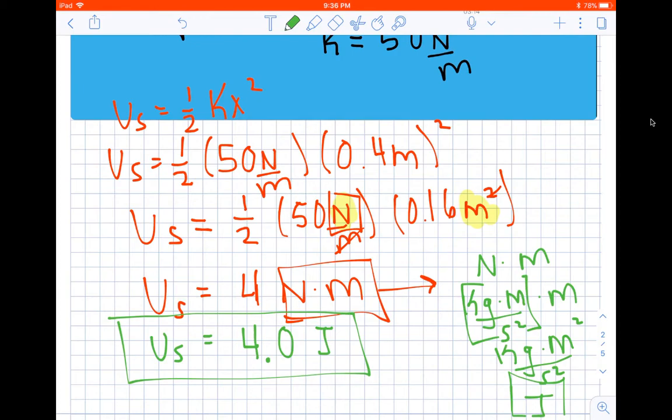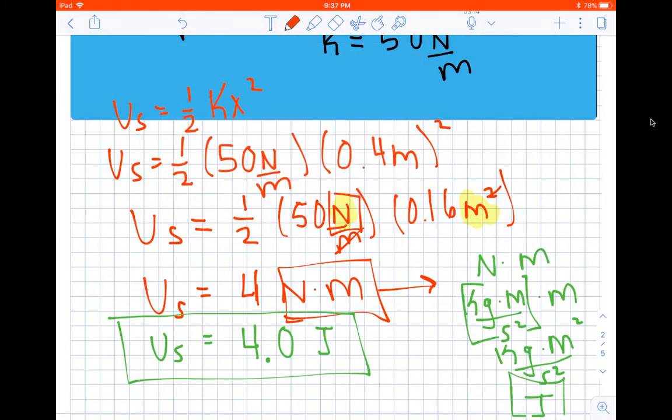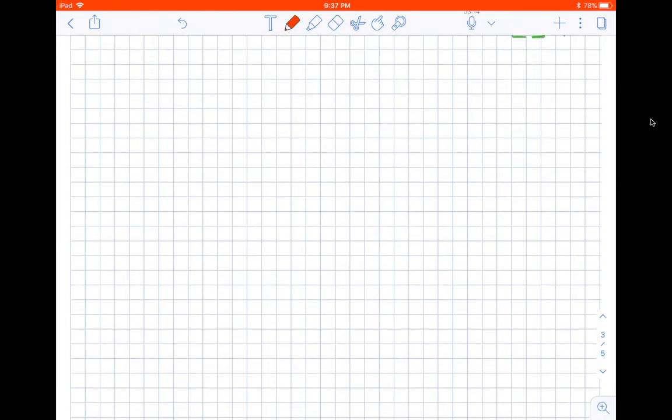Okay, awesome. So this example kind of brings it all together. We have Hooke's law and elastic potential energy working together as a system to find more information about that system. What we're going to talk about next is how our results from our lab tie in to what we discussed on Friday. So we know from lab